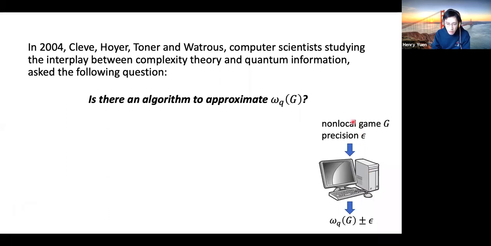Where the input to this procedure is a description of a non-local game G, which is the rules of the game and the question distribution, and some precision parameter. And you would like the algorithm to output some additive approximation to the value, the tensor product value, omega q, of this game. And if there is an algorithm, then natural follow-up questions would be,